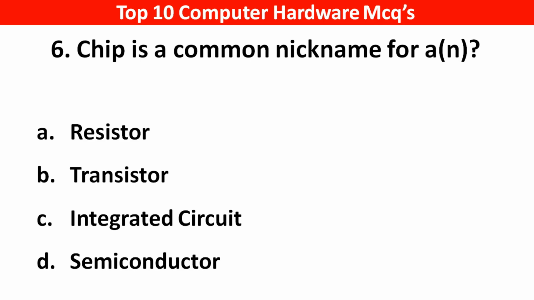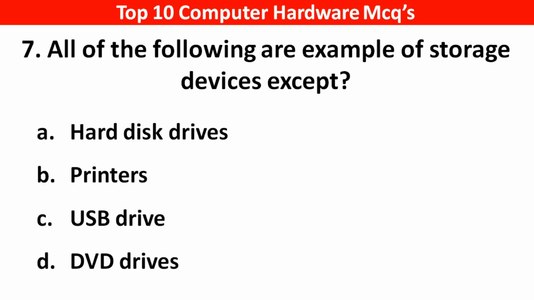Options: A resistors, B transistor, C integrated circuits, D semiconductor. Right answer is option A, resistor. Next question, all of the following are examples of storage device except options A, hard disk drive, B, printer, C,